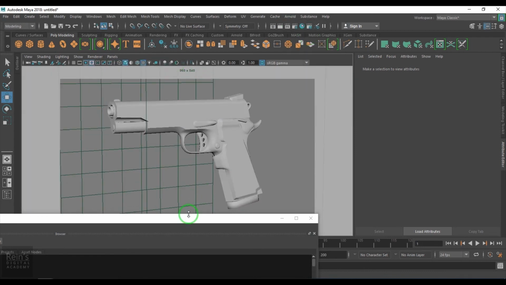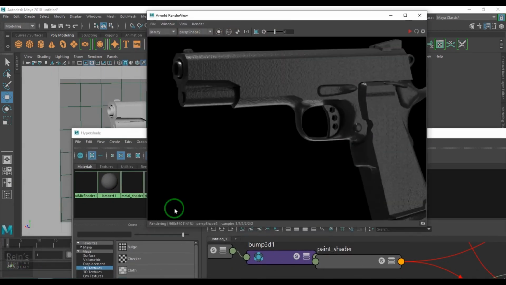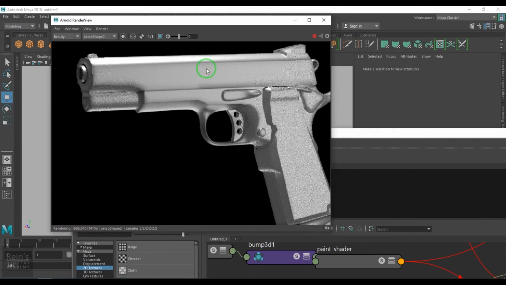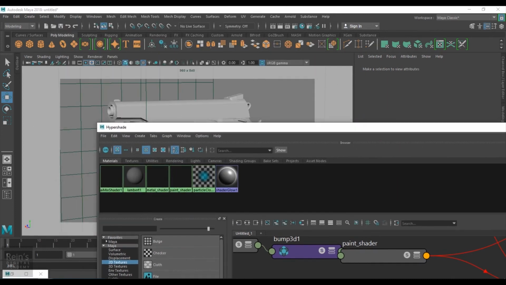Then I bring the file node, and then bring our baked texture, and then connect this red channel to the mix.